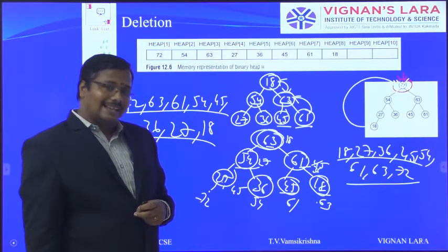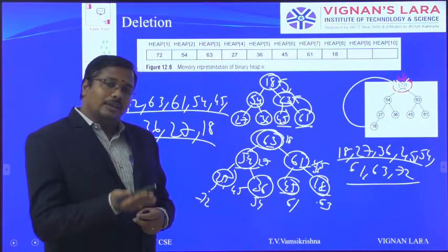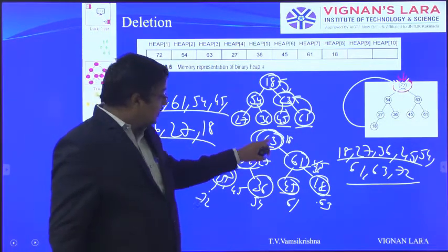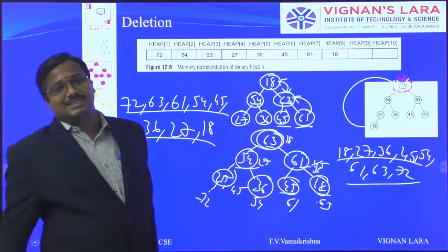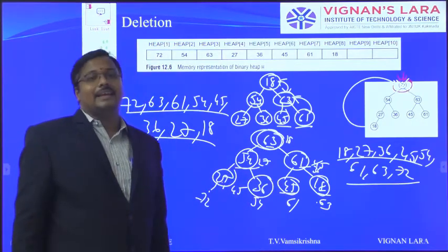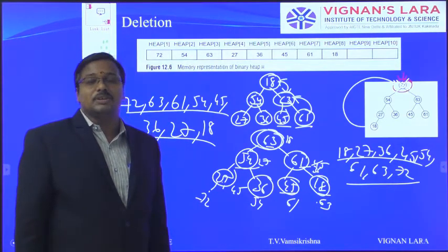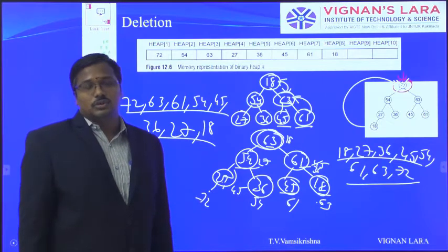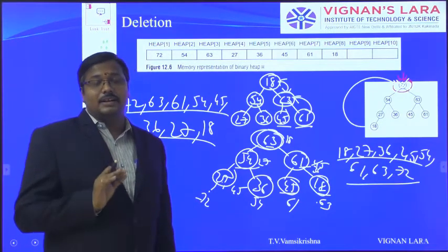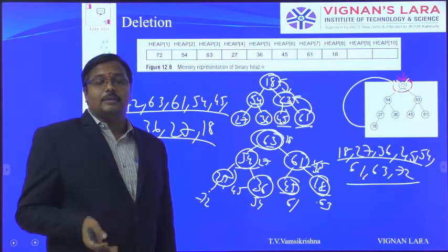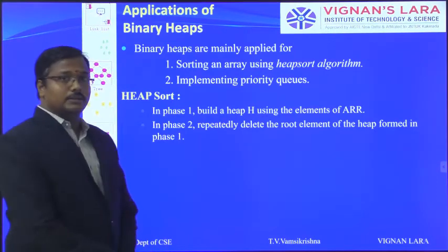Like that, in each and every iteration, when we do heap adjustment, the maximum element comes to the end and is put into its exact location. That way, heap sort is happening. So heap sort is in your syllabus. What we have to do is first construct the heap, then delete elements from the heap one by one, making a heap adjustment in each and every iteration. That is the thing I am saying here.